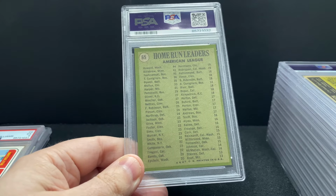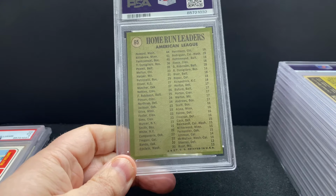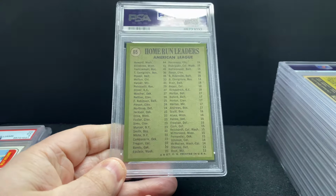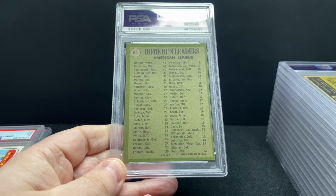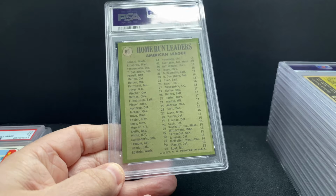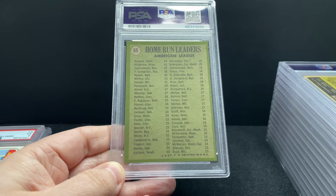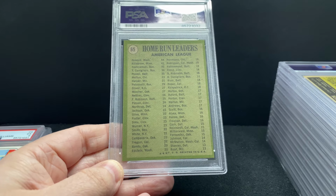Here is another leaders card. This is a 71. So there are a couple cards in here that came from cello packs that I bought on Whatnot from APL cards. And this is one of them. This was part of a cello pack find that they had. It's very sharp. It's a 71, which is, as I think anybody that is a vintage collector knows how tough the 71 set is. As you can see, it's a little bit off center, maybe even slightly a diamond cut